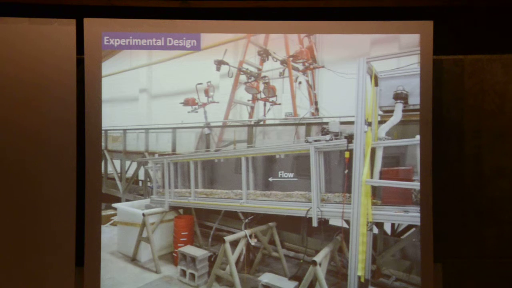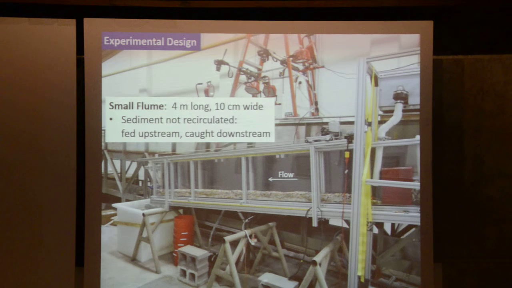So let me move on to talk about the actual experimental design. This is an image of the flume that we used in these experiments. And again, it's a small flume. The length downstream of the head box is a little over 4 meters. It's narrow, it's 10 centimeters wide. And we recirculate water, but not sediment. So there's a sediment feeder. I can control the input flux and size distribution at that end, and we catch the sediment down in the